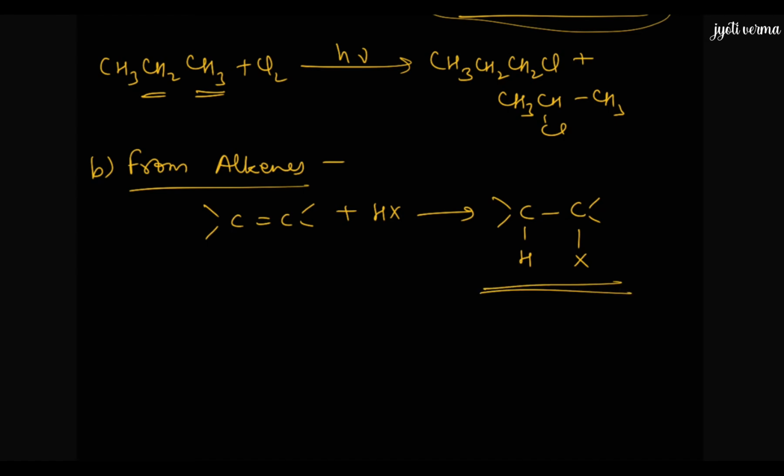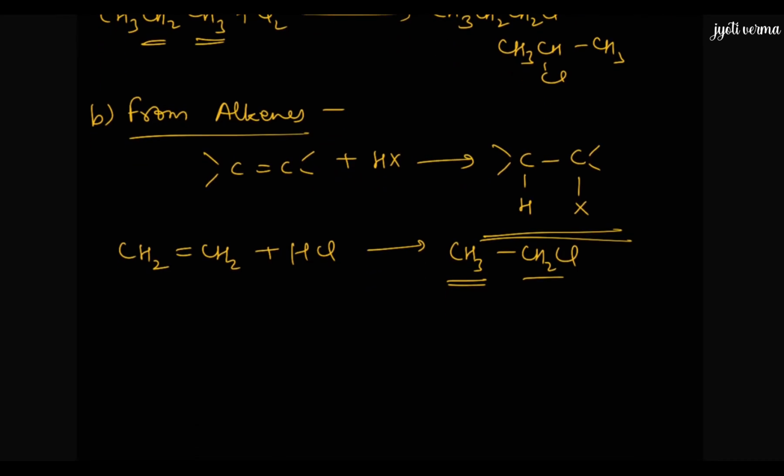So this is a general reaction. What if I write a specific reaction? Say for example we have ethene and we do its reaction with HCl. Then the compound obtained will be CH3CH2Cl. H on one side and Cl on the other side. Addition reaction is taking place. What if the alkene taken is not ethene, it is this alkene, and we do addition of HBr,